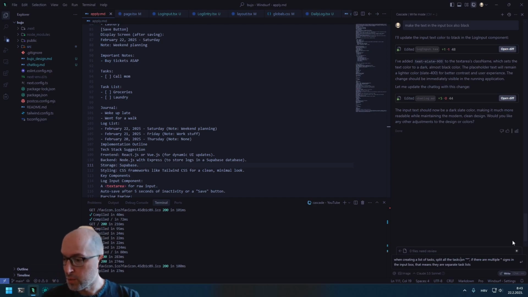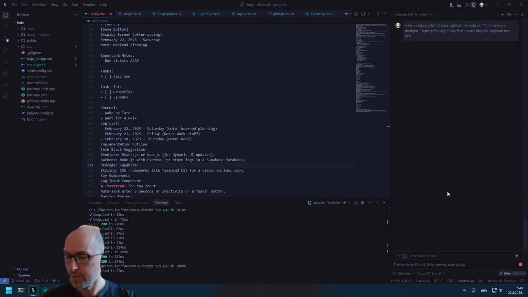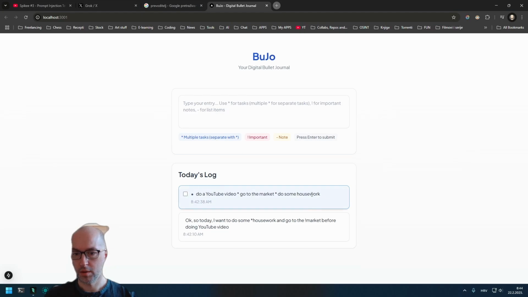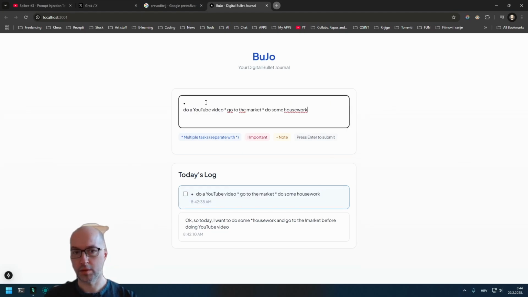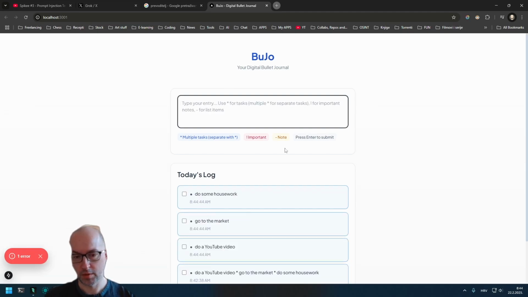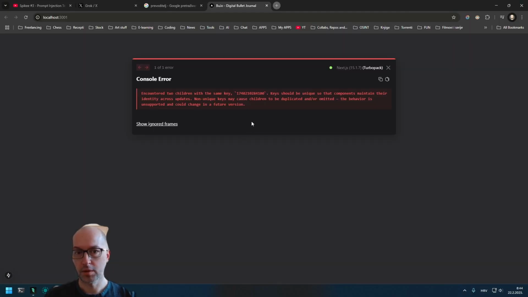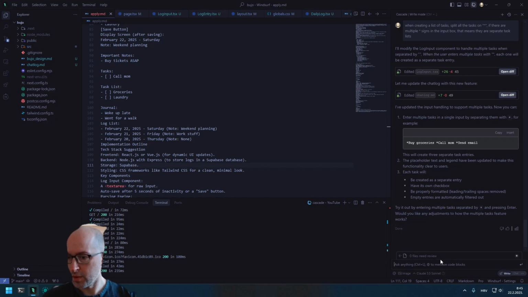Yeah. If there are multiple star signs in the input box, that means they are separate task lists. Okay. Let's just see. Okay, so we do have this. What is this? It works now,